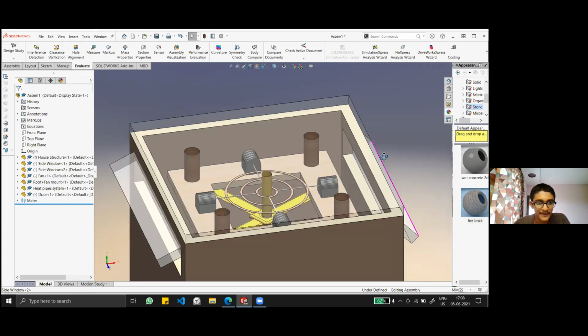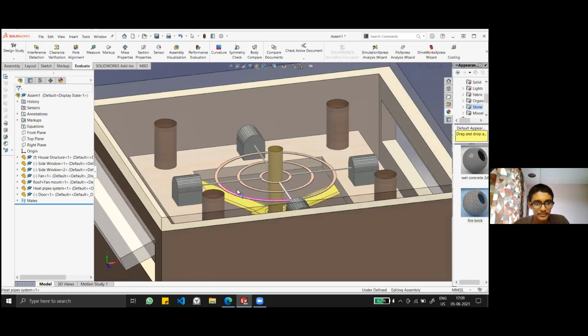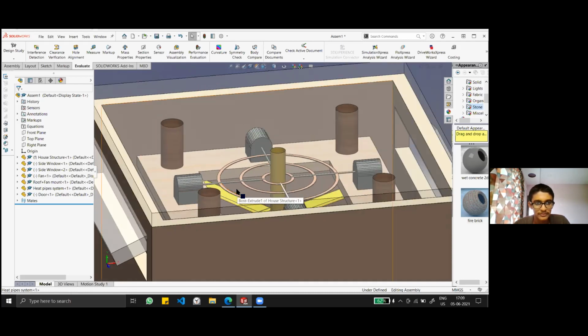Right. So that phenomenon is exactly what is used here. A few other properties that are desirable for us are that it has to be compact, right? So a small quantity of phase change material should be enough to absorb a large amount of heat. That's an added advantage. Apart from that, it has to have good thermal conductivity so that the heat transfer process is made easier.